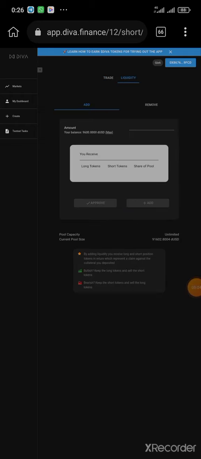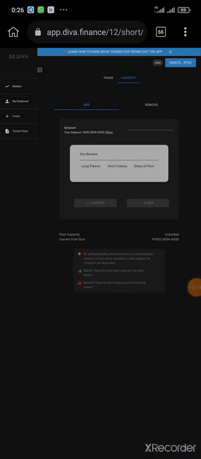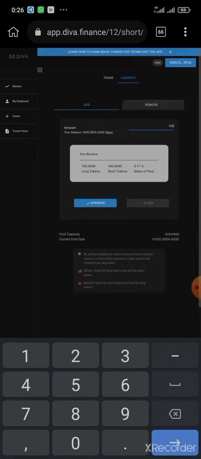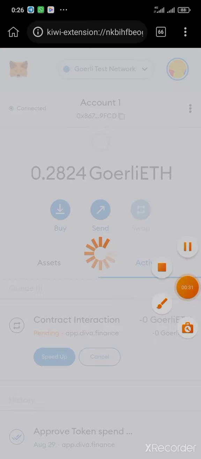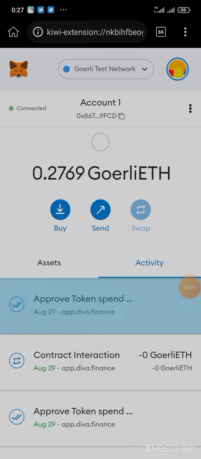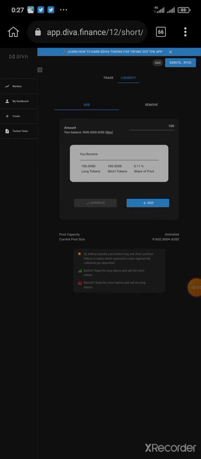After you click on that liquidity, you can now put any amount you wanted to add for the liquidity pool. So now let us click on this place to add the number you wanted to add. So let us put 100. After we put 100, then approve it. Go to our wallet, then confirm this transaction now. After you have proceeded the transaction here, you can now go back to your wallet to see whether this transaction is approved. So now that the transaction is approved, you can now click on this add